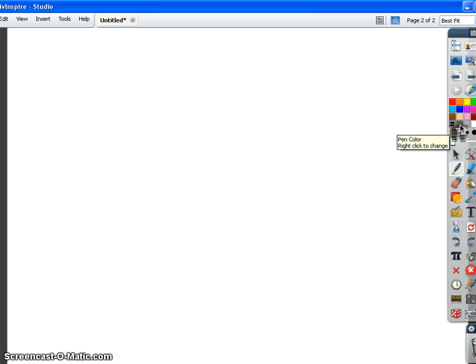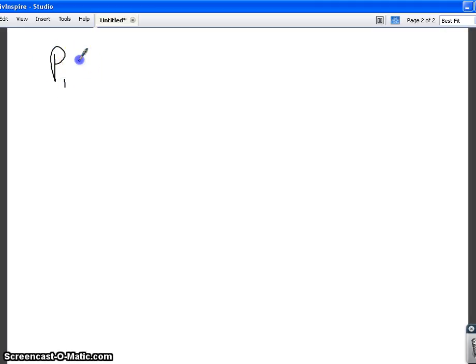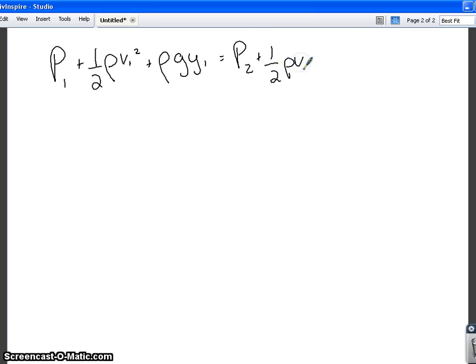Bernoulli's equation is going to look a lot like the work-energy theorem. We're going to have pressure at point 1 plus 1/2 rho V1 squared plus rho g y1 equals pressure at point 2 plus 1/2 rho V2 squared plus rho